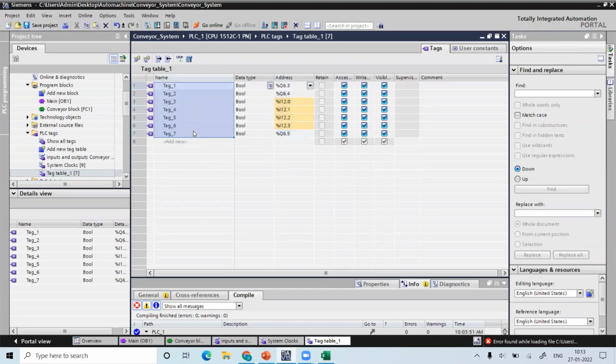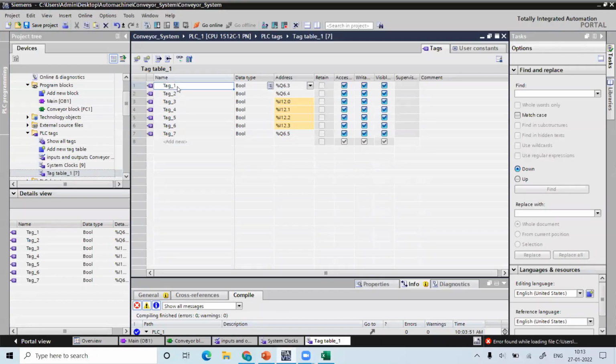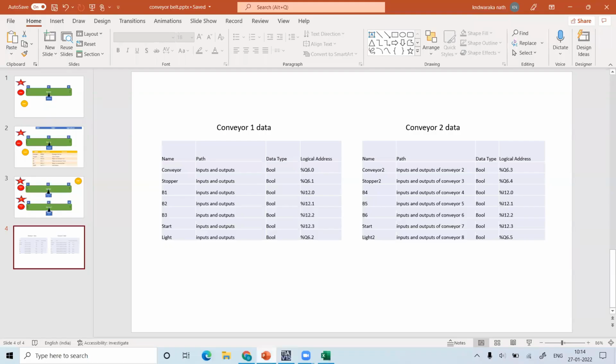I'll rename this one with new names. So Q6.3 is my conveyor 2. So I'll rename this one with conveyor 2. And Q6.4 is my stopper 2.